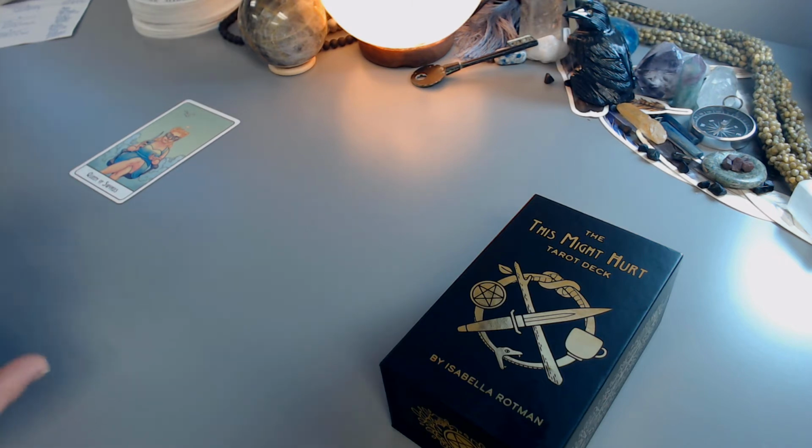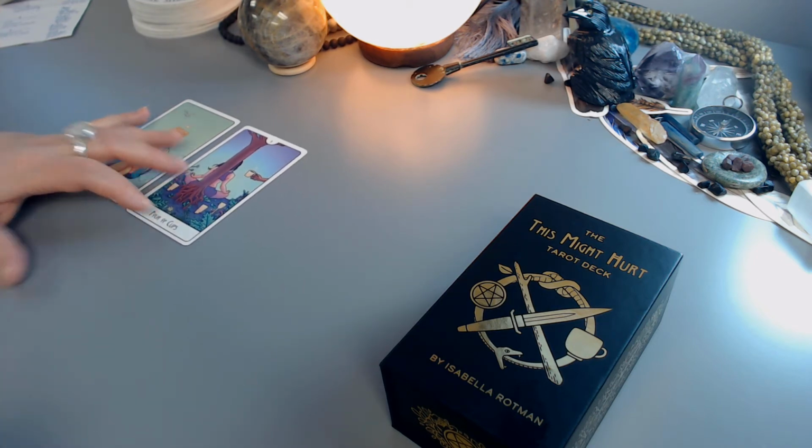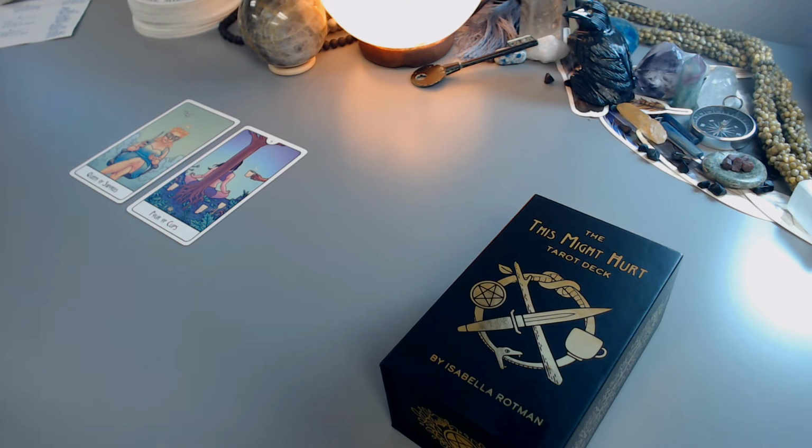Sagittarius, your love card is Queen of Swords. And your work card is Four of Cups. So, Sagittarius, I would say kind of laying down the law in your relationships right now. You have a sense of what is right. You have a really clear sense in your mind of what ideals are to be upheld. And you've got strong mental energy on your side here to support you in making sure that you are able